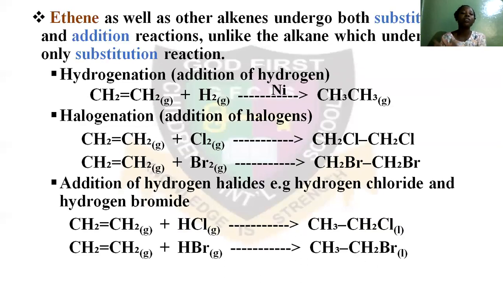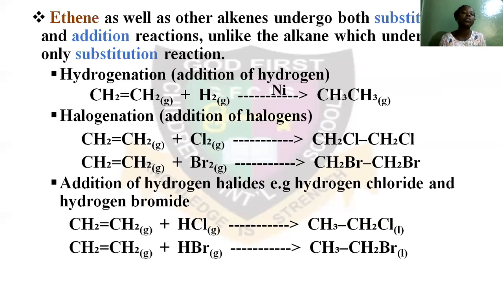Back to what I was saying. So you see, when chlorine, that halogenation is added, you see the product. This is the product. You see, the name is 1,2-dichloroethane. Then bromine, 1,2-dibromoethane. So you see now that the double bond is now broken to single bond. So the compound becomes saturated. So addition reaction actually helps to bring about saturation in the organic compound or in the hydrocarbon.